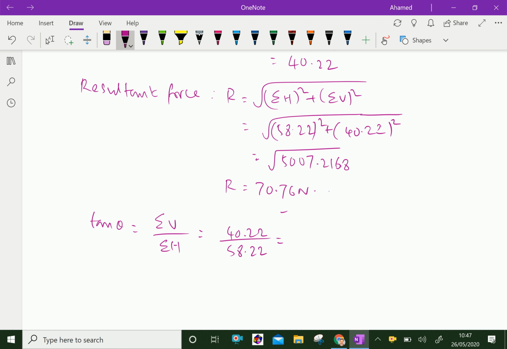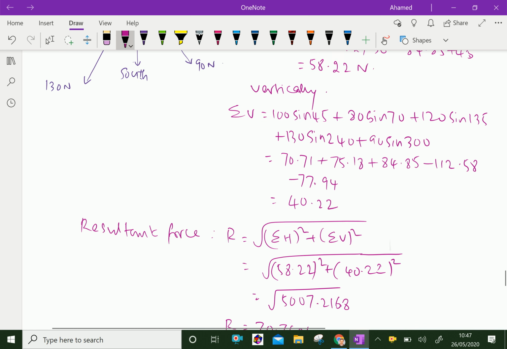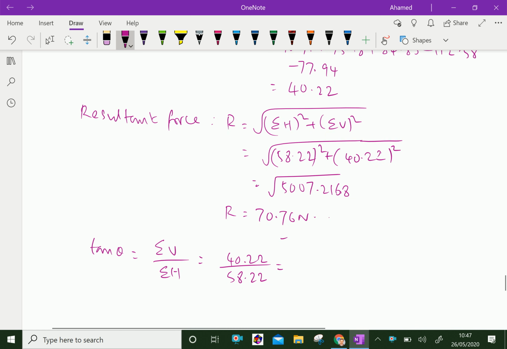Now let us calculate this, 40.22 divided by 58.22